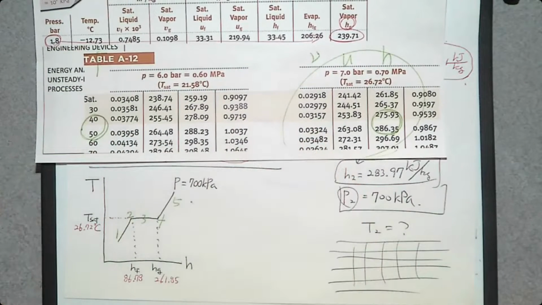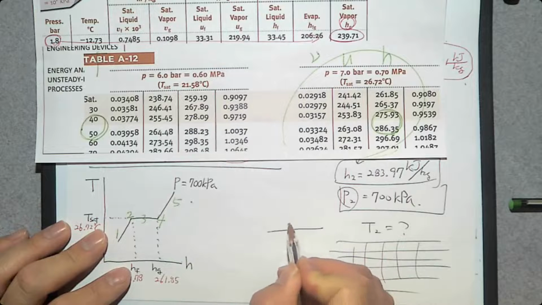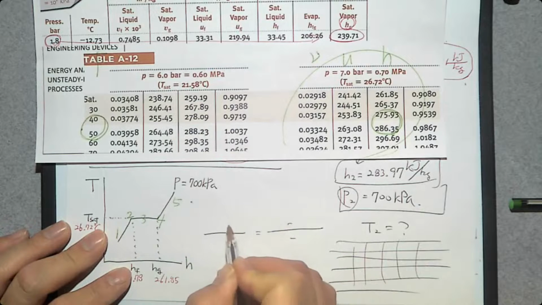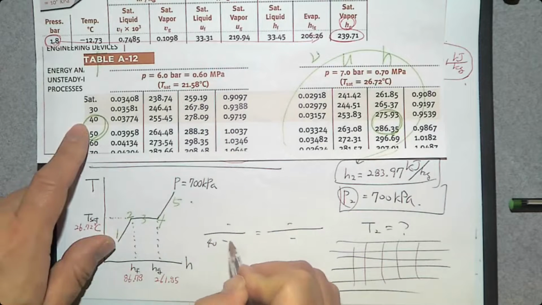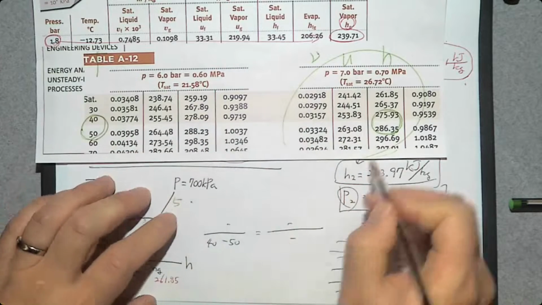So how can you determine the temperature? Can you say, oh, it should be between 40 and 50? That's not right. You need to do a linear interpolation. How can you do a linear interpolation? Temperature between 40 and 50, H between